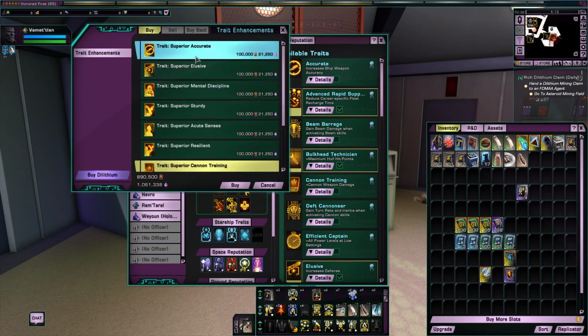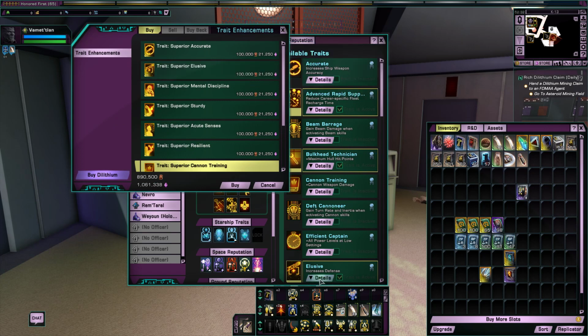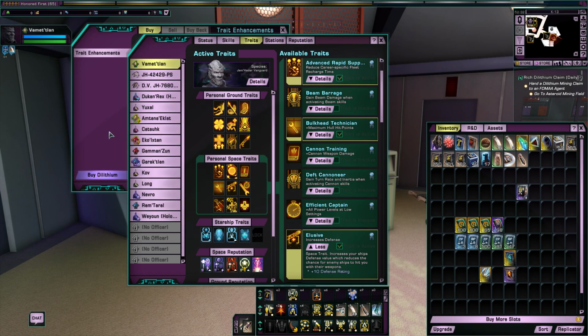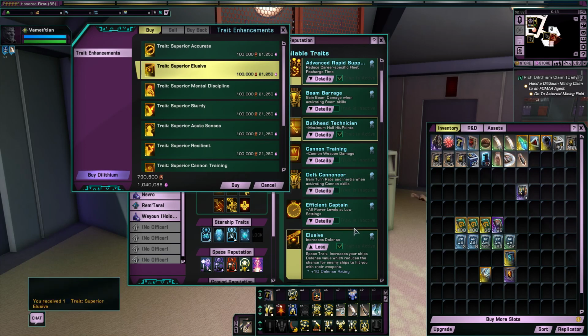Right. Accurate, we're not using. Superior Elusive. Where's Elusive? We are using Elusive. That is plus 10 defense. With the upgrade, it then becomes...